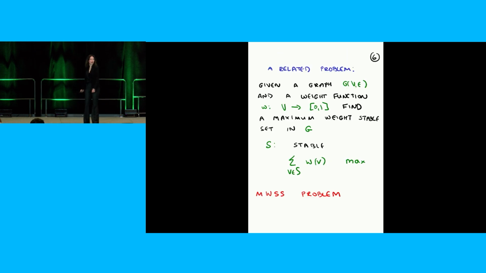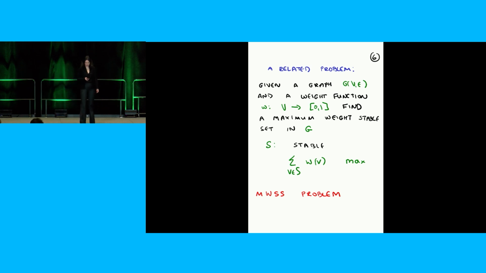So now, graph coloring is one problem. I think it's a problem with the nicest applications, but there's a related problem I want to think about, and that's the problem of finding the largest stable set, right? So in the k coloring problem, I want to partition into k stable sets. Here I'm asking what the biggest stable set in the graph is. Or I can be even sneakier than that, and I can say every vertex has a weight. And now I want the heaviest stable set. So what does it mean? It's a stable set, but every vertex, I don't just count with weight 1, I count it with its weight, and I want the heaviest stable set.